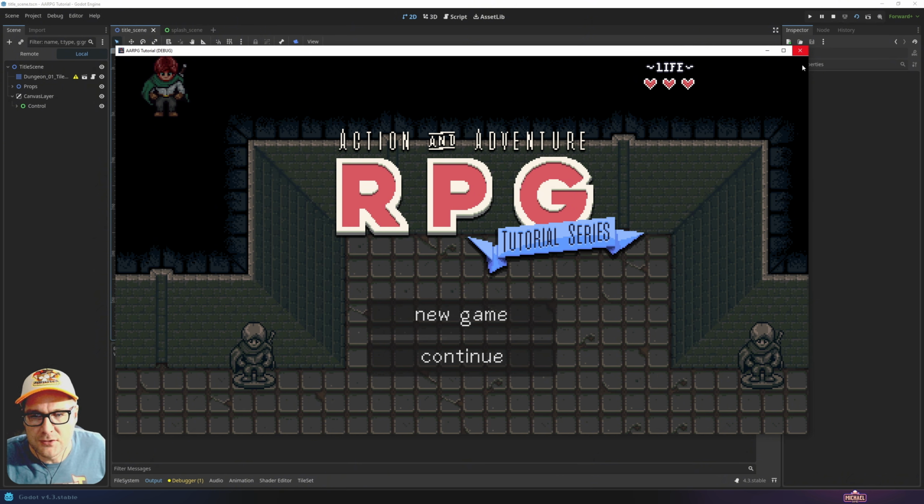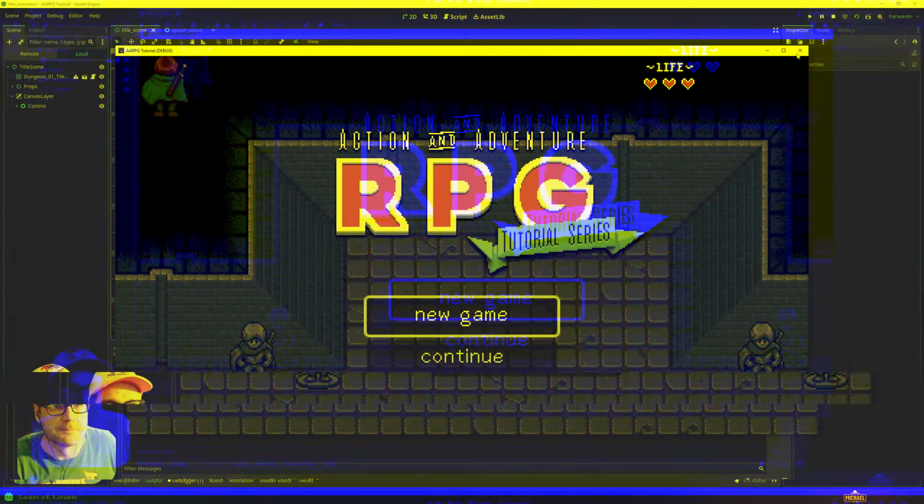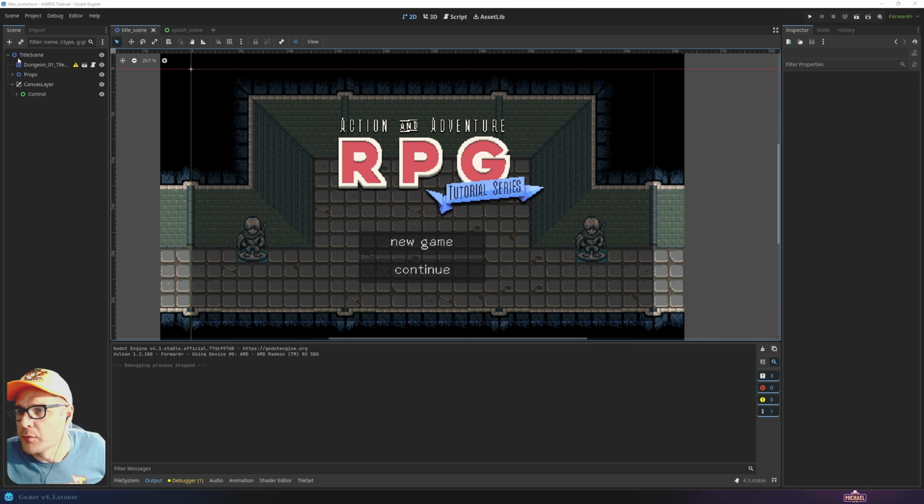Okay, so there's a few issues that we need to work out. I can hover the buttons, but they're not selecting, and we're going to deal with all this stuff, okay? But there we go. Player's trying to walk up there in the corner when I hit the arrow keys. That's kind of funny. A couple last things we'll do, though, before we move on is let's go ahead and